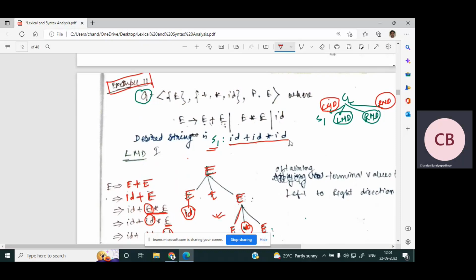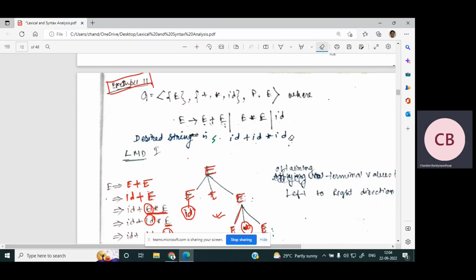Your objective should be to find such a string S1 that belongs to the language L, which is connected to this production rule here and connected to G. But if S1 does not belong to L, then what can you do? Now, here I am showing a shortcut trick to you